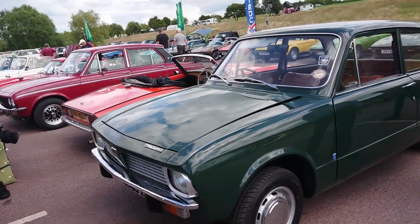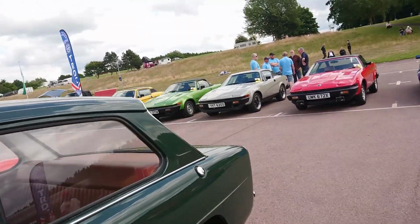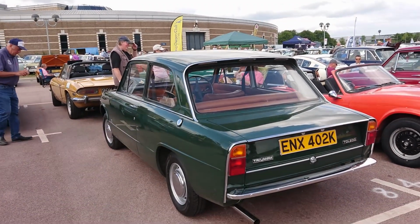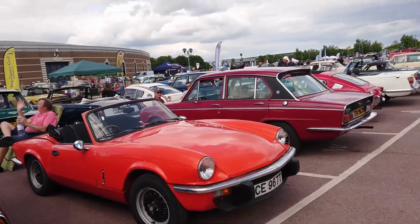And then a Triumph Toledo, two-door Toledo. I think the two doors were more common over here, but I can't remember exactly. My parents had one of these back in the 70s. 1971-72 plate. Triumph Spitfire 1500,